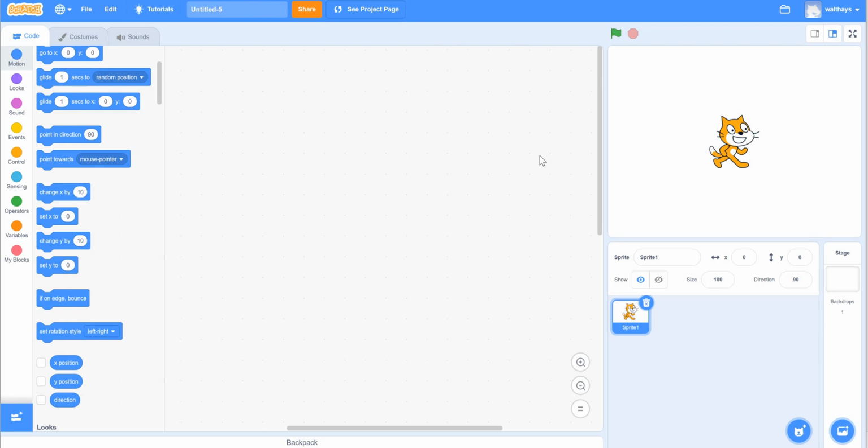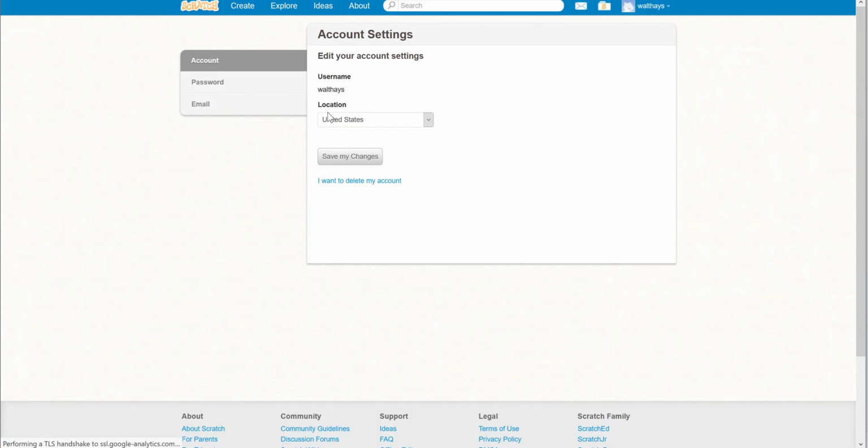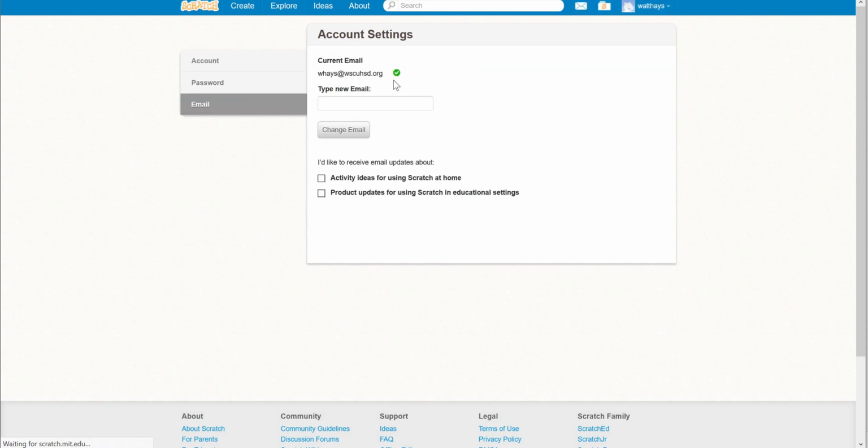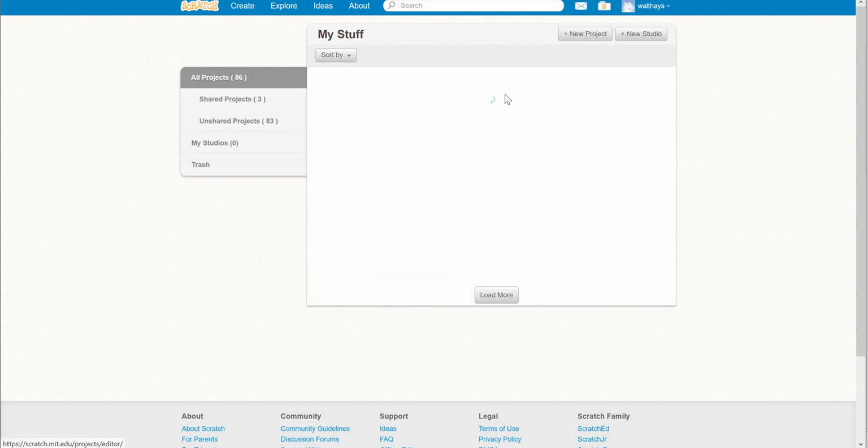First, a lot of people had trouble turning things in, so I want you to log into Scratch, go to your account, go to Account Settings, and hit the Email tab and make sure your email has been confirmed. If it hasn't been, you need to confirm your email. You would go to your email, find the email from Scratch, and click the button. All right, and then after your email is confirmed,